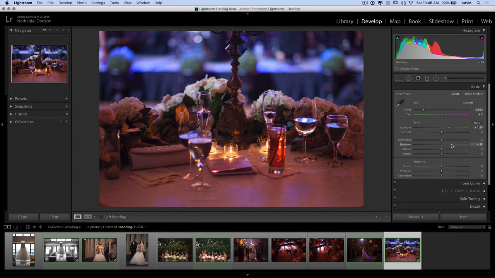And here's where I can push additional light into the shadows, so I can just brighten up those shadows a little bit more. You want to be careful if you push the shadows beyond where they really are going to go. You're going to really open up a lot of your grain in your shadows. Just be careful of that. We'll bump up the blacks here as well. That's going to kill off some contrast,